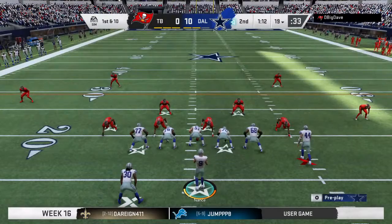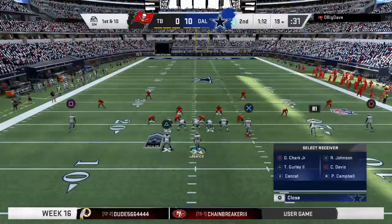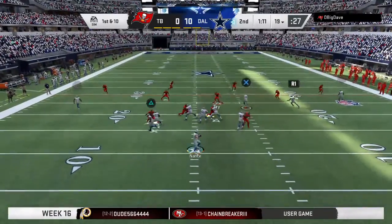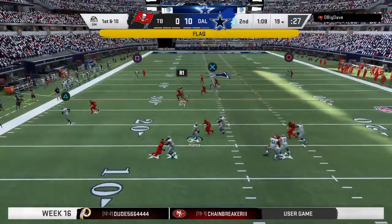The Dallas offense here set to begin the drive. And still plenty of time remaining here in the half, more than a minute. And we'll see if they just want to protect that lead or try to add on to it. Well, with as much time as is left on the clock, I would have...